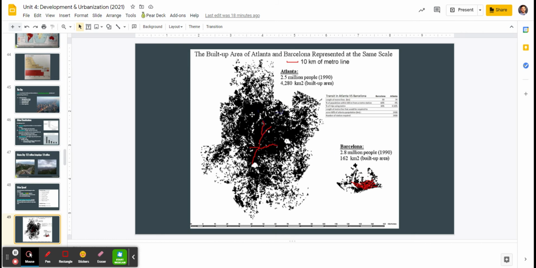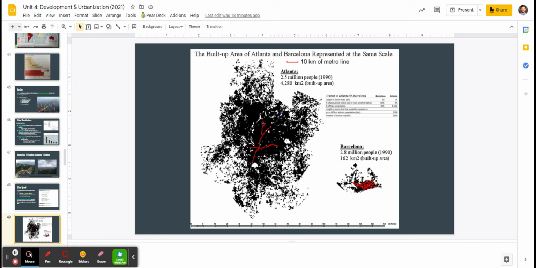All right, here's what that kind of looks like, and this is something that's relatively uncommon in other parts of the world. For instance, this is Atlanta. Look how large geographically it is. It has a city center here of Atlanta downtown itself, but then so many people live in the surrounding areas in these black dot areas, that indicates population and how built up it is. Compare that to Barcelona, which actually has more people, but look how small it is compared to Atlanta. Right, Barcelona in Spain has a lot of people living in it, but it's much more built up vertically